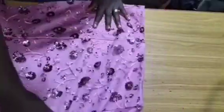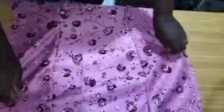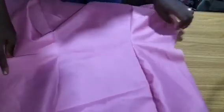You can see I've joined everything, okay, at 1/2 inch. So I have my full front now. You can see I have my full front, and I've joined my lining too. So here I have my full front for lining as well. So I'll now go ahead to